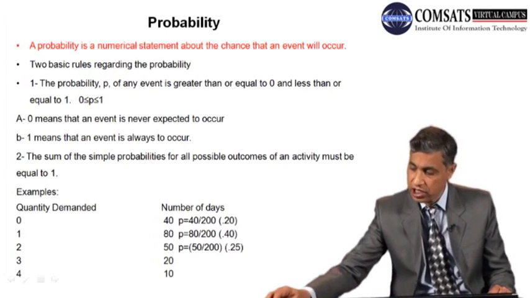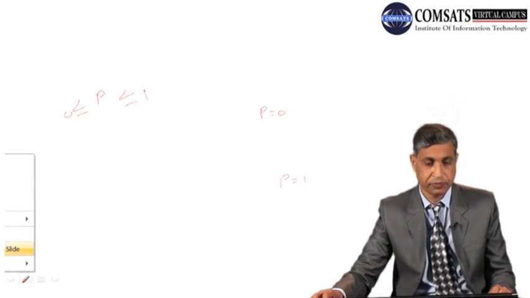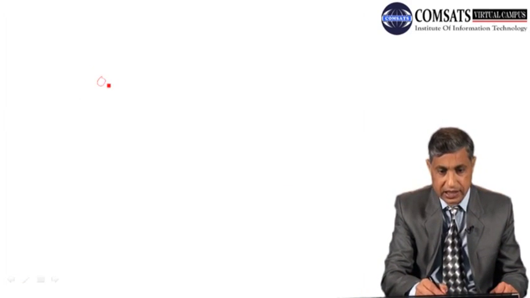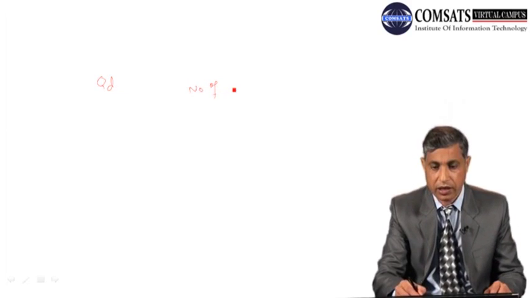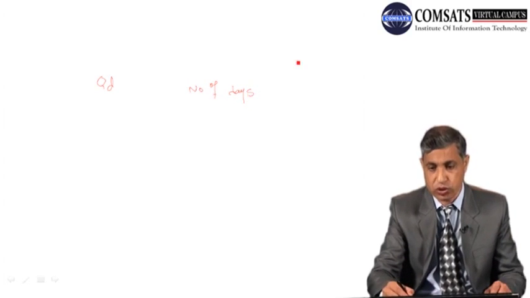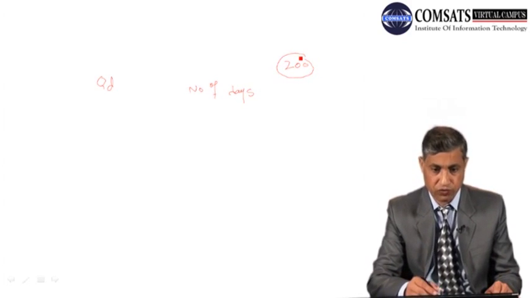So how do I explain this? For example, take a petrol pump. Suppose you are sitting at the petrol pump and you look at two variables: the quantity demanded of, say, petrol or diesel, and the number of days. I further suppose that you watch this phenomenon for 200 days. So what happened on the first day? You felt that